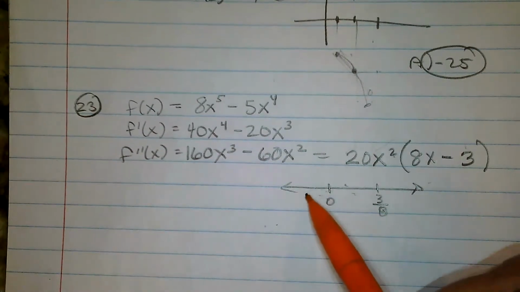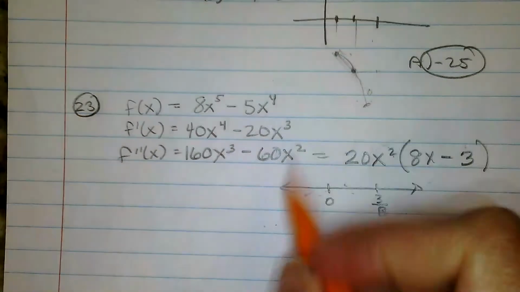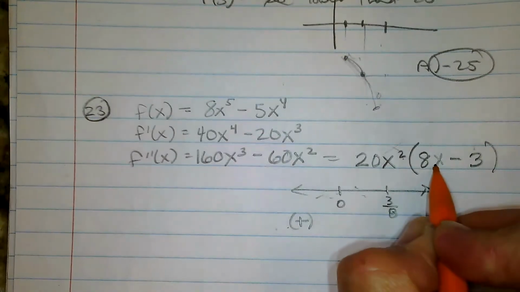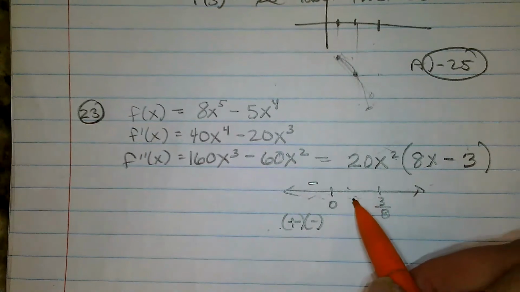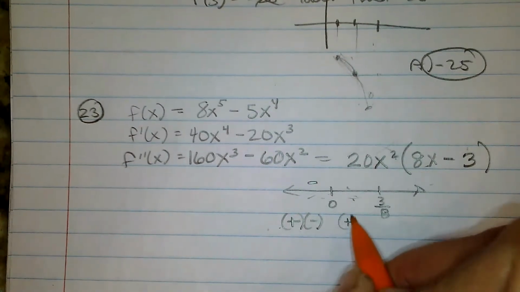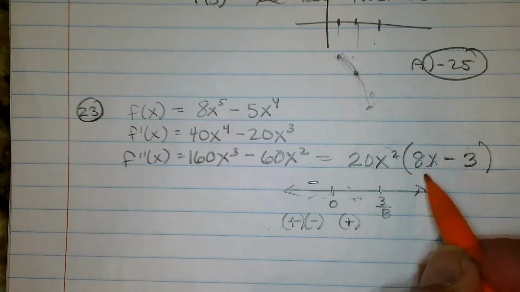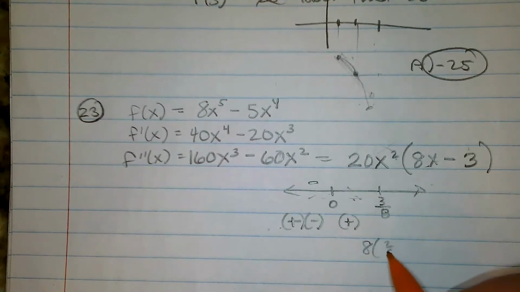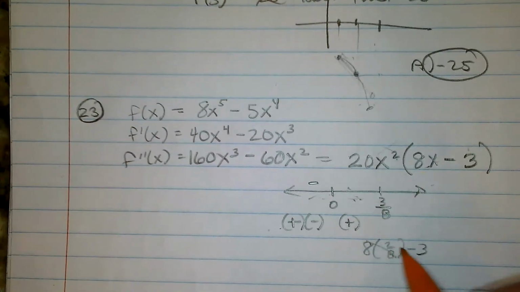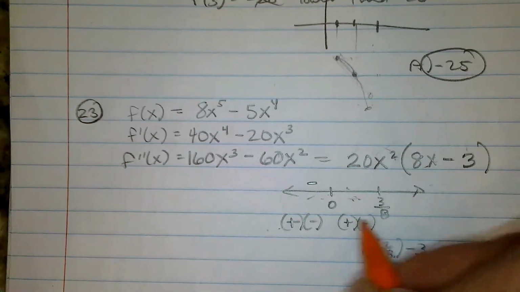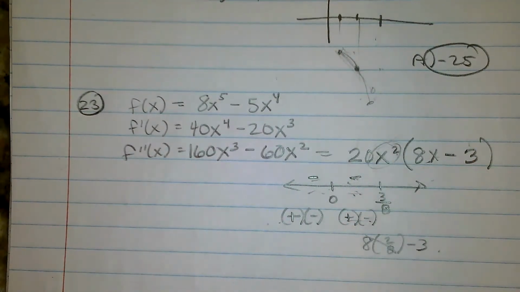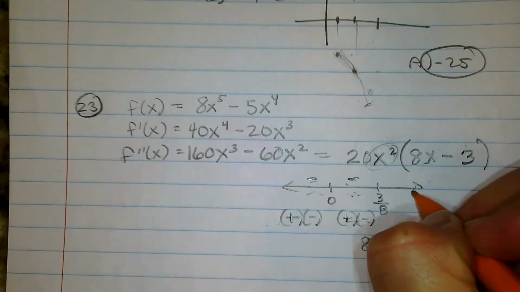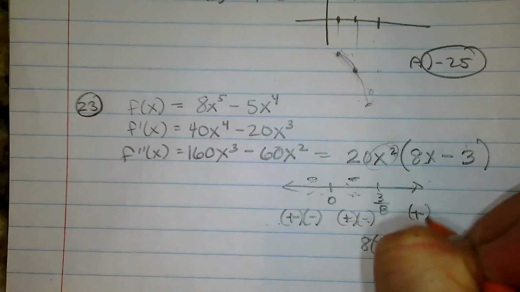either side. But anyway, if you plug in a negative 1, you're going to get a positive times a negative, which is a negative. If you plug in 2/8, you're going to get a positive, and 2/8 is going to give you 2 minus 3, which is a negative. So I was right, a negative again, so that stayed the same. No surprise, because that was a double root of sorts. And then anything bigger than 3/8, like a 1, is going to give you a positive and a positive, which